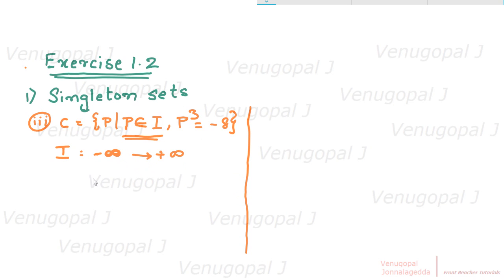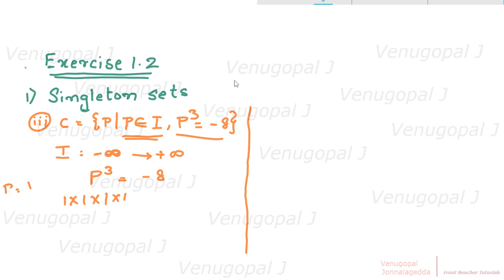Now take this particular equation, which says P raised to 3 is minus 8. As we learned earlier, P is a variable. There is some value of P which, when raised to 3, that is, raised 3 times, gives this. If P is equal to 1, raised 3 times, it is 1 into 1 into 1. If it is 4, I'll only add another 1 and multiply again.